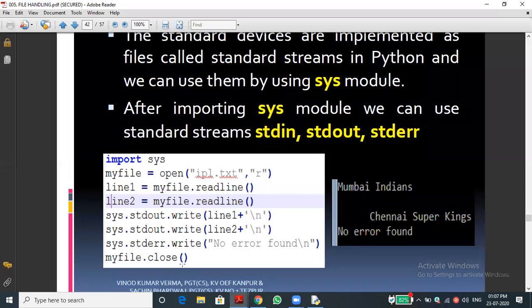It's a simple concept: how to print directly to the monitor, or how to get input directly from the keyboard. Where do we use this concept? For example, have you traveled in the metro train? Yes, sir. Nowadays they are implementing one thing, also in the metro train in Chennai.